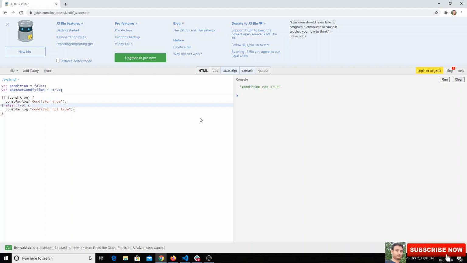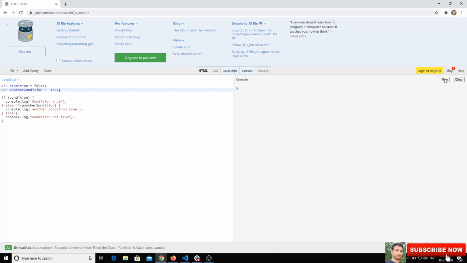Else if another condition is there, then in this else if we will write console.log "another condition true". Now I make the first condition false and the another condition true, and we will check the output.